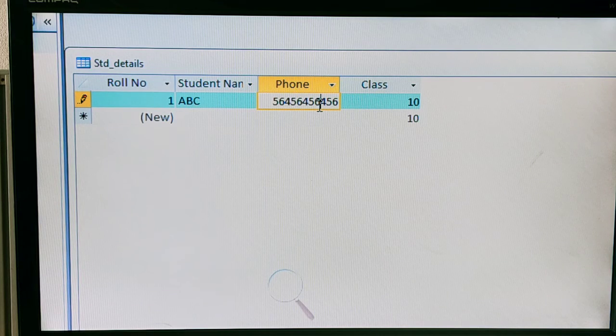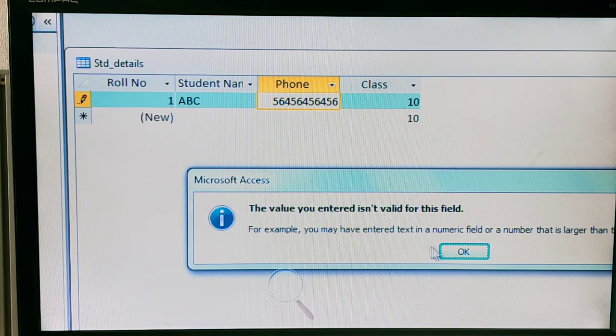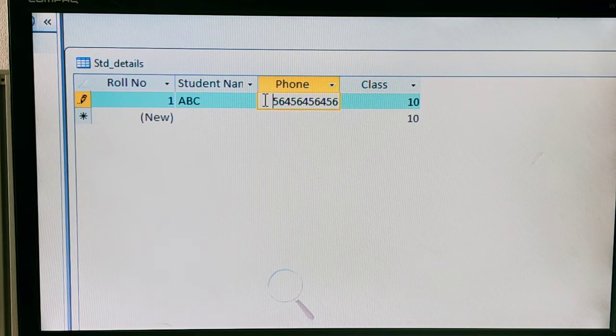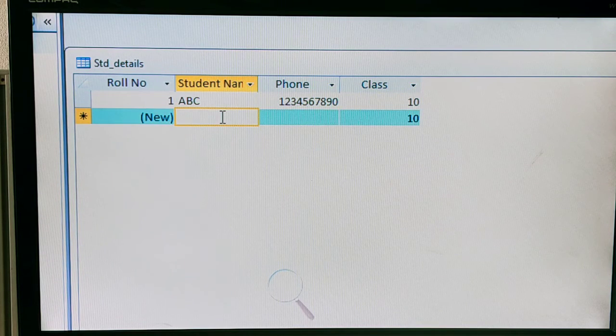You can delete this phone number. Next, the student name, you can enter XYZ.